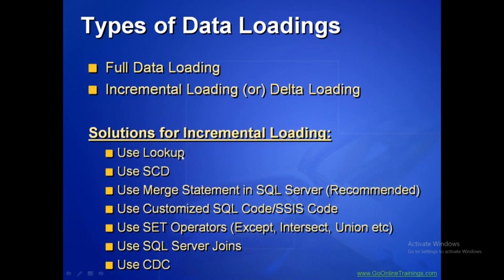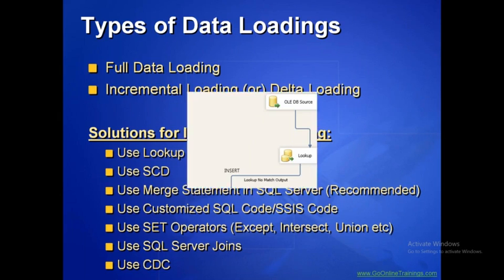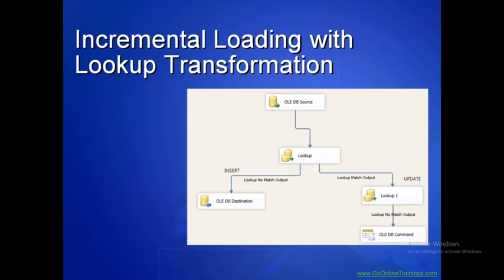So lookup is good when you have so much caching, and SCD is also good. It is a ready-made transformation, and it can perform incremental loading for small data sets, not very large data sets, right? So the question is, when you have so much data, for example, 200 million rows in the destination, can I compare 200 million rows with the lookup? Because what are we doing in the lookup? If you observe carefully,